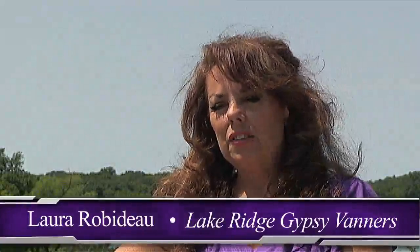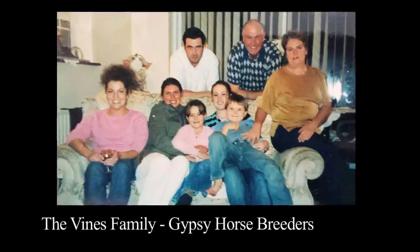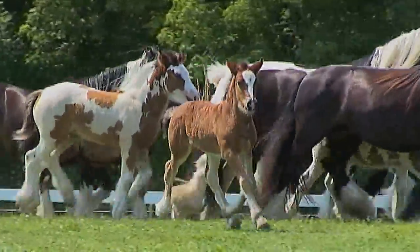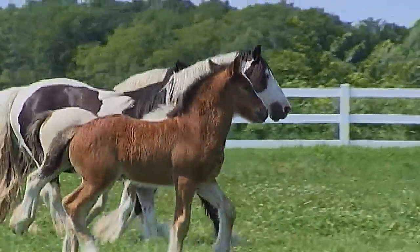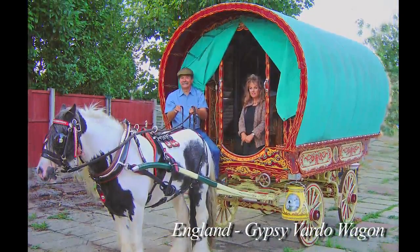I really wanted to go to England and meet the Gypsy people and see the horses, go through fields of horses to pick out the ones that we wanted. And so we went over to the family of the Vines and went through fields, probably saw 100 or 200 horses, and picked out the ones that I really liked the best. The temperament, the beauty. I really wanted a beautiful head, big eyes, expressive family horses, since we have a family and want them to be part of our family, and just fell in love with all that they could do